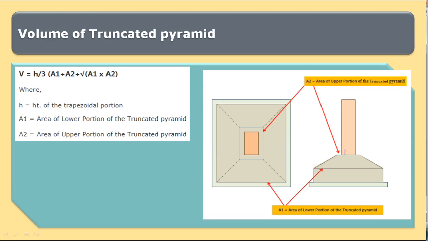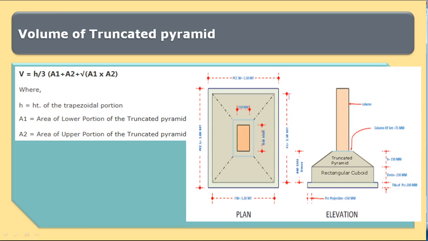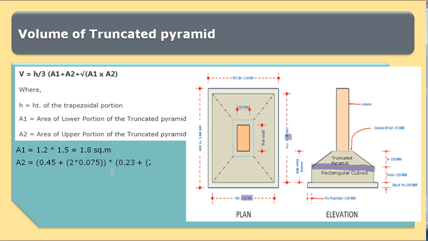where a2 is the top area, a1 is the bottom area, and h is the height between these. So we'll calculate first a1 and a2. a1 is equal to 1.2 into 1.5, that is the bottom area here, which comes out to be